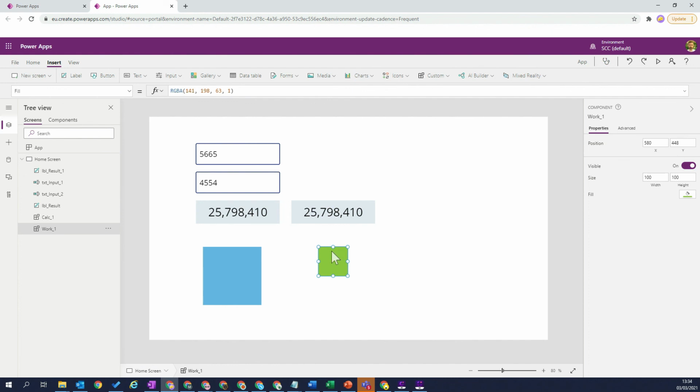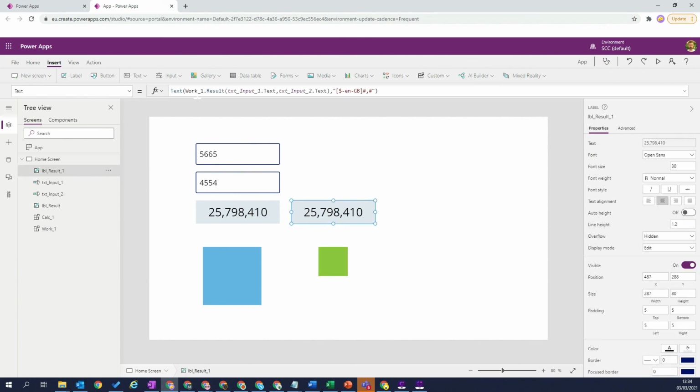With this one here, it actually took a lot less configuration in its usage, because it doesn't expose any properties here. The properties are exposed at runtime, more like a method. So when I ask for the result from my work one instance of the component, it's saying, okay, you can have that, but you've got to provide us with a couple of inputs directly in the request. So really everything happens within that label for this one,